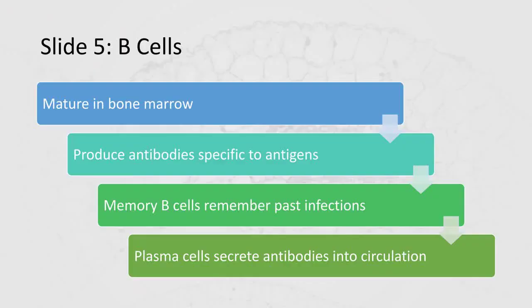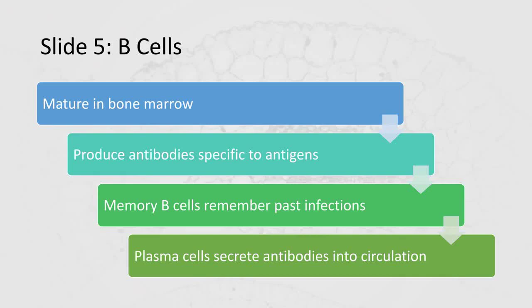Let's discuss B cells on our fifth slide. B cells are a type of white blood cell that mature in the bone marrow and are responsible for producing antibodies against specific antigens. When a B cell encounters an antigen, it activates and begins to proliferate, creating many identical cells. Some of these cells become memory B cells,